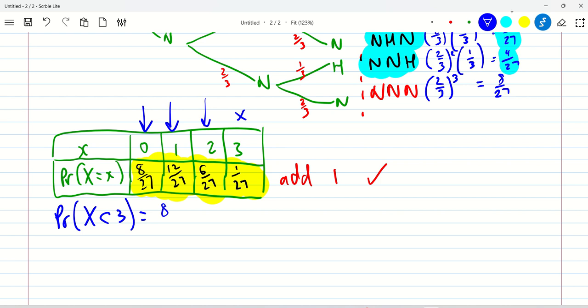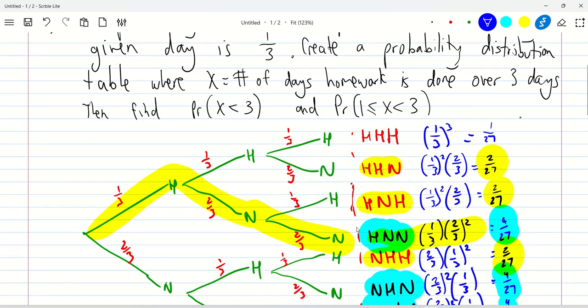And so all we need to do is add the probabilities. That's nice and easy. Just looking at the 3 different situations, adding those together. So that's 26/27. That's the probability that he doesn't do his homework for one of the days. Okay, so for 3. And lastly, the last question is